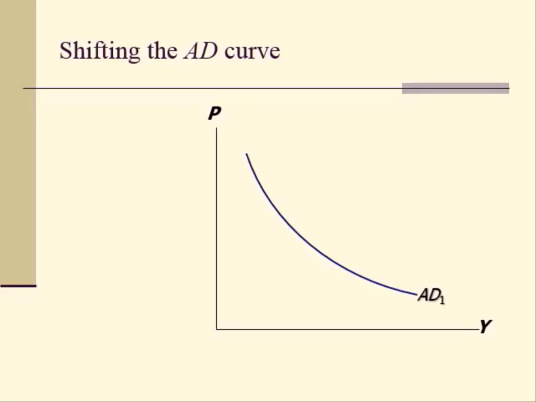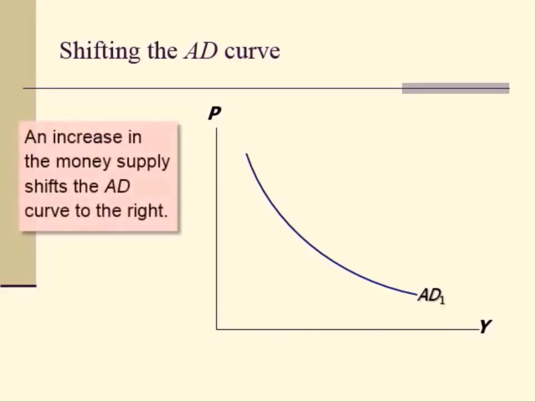That is, if the money supply M is reduced holding V fixed, that means reduction in M will lead to reduction in real money balances. Therefore, it will reduce Y and the AD curve shifts in. On the other hand, the opposite is true if money supply increases, because an increase in the money supply shifts the AD curve to the right, because as money supply increases, real money balance is increased, therefore increasing aggregate demand,